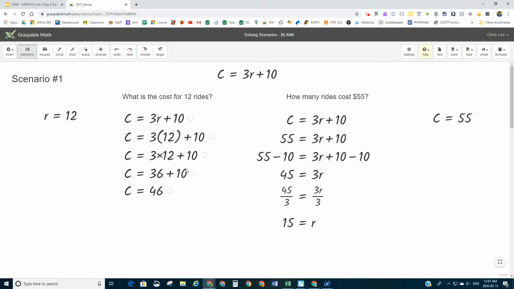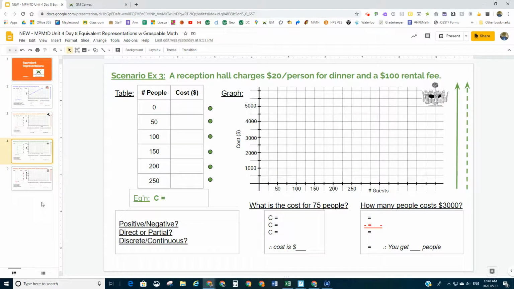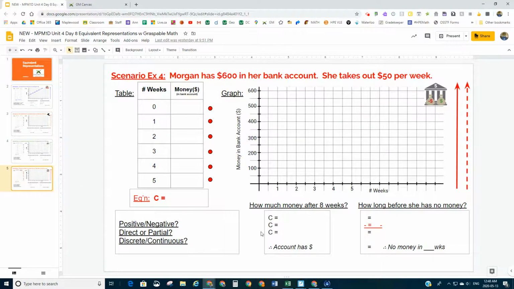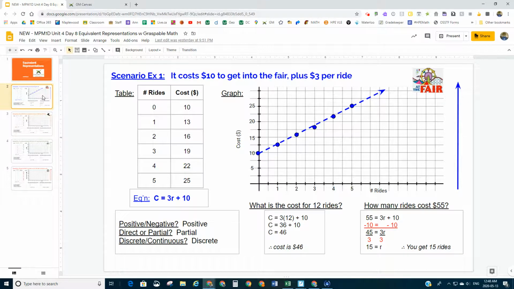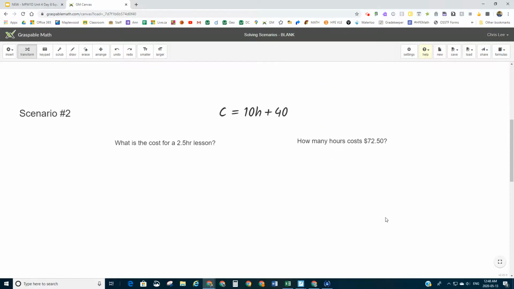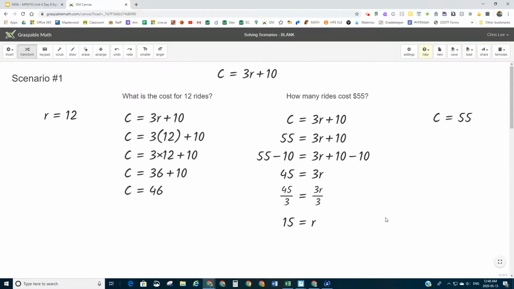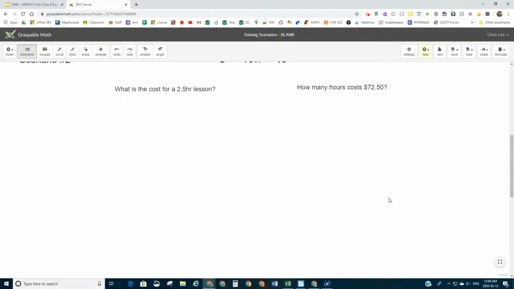And I'm going to challenge you now to do the next 3 scenarios. Not all of the graphing and everything, just the algebra that we needed to do at the end. So you can pause, you can push the end right now and try the next questions on your own. But I'm just going to demonstrate one more example of this really quickly so that we understand all the buttons to push. So in scenario two